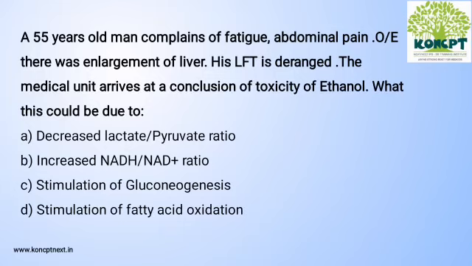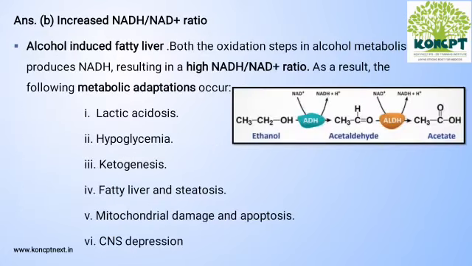The key features here are the age of 55 years, abdominal pain and enlargement of liver, deranged LFT, and finally toxicity of ethanol. So he could be a known case of alcoholic. The correct answer is option B, increased NADH to NAD plus ratio. This is a case of alcohol-induced fatty liver, and there are two important steps in alcohol metabolism. One is the conversion of ethanol to acetaldehyde, and the next is from acetaldehyde to acetate. Both steps are catalyzed by alcohol dehydrogenase and aldehyde dehydrogenase,